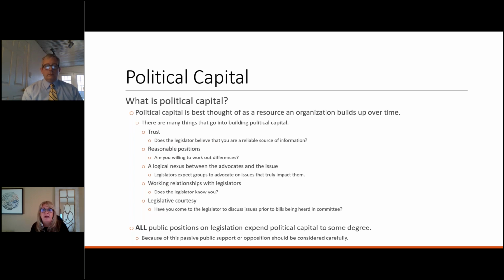So we actively work to build coalitions with all of those various groups so that if they have a piece of legislation that is either good or bad that we want to support or oppose, we have those open lines of communication to explain and help explain why we can't give them our support. So what are some of the other examples of political capital?